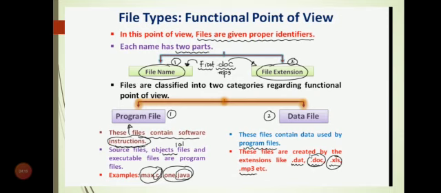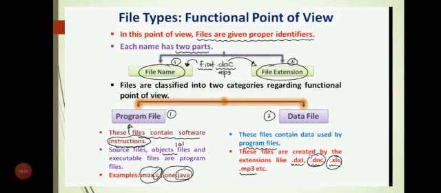Files are classified into two categories regarding the functional point of view. Number one is the program file, and then the data file. What is a program file? These files contain software instructions, and source files, object files, and executable files are program files. For example,